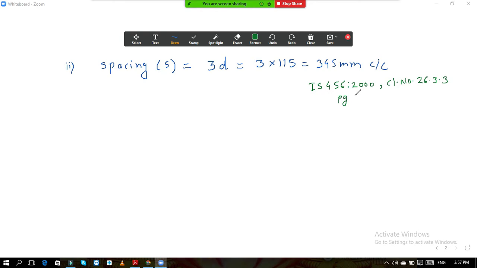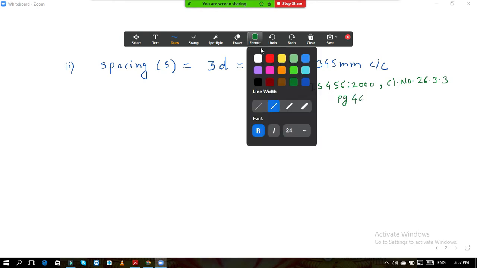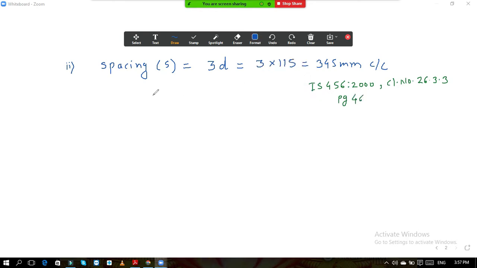And the third thing is that in no case should you take spacing S greater than 300 mm,